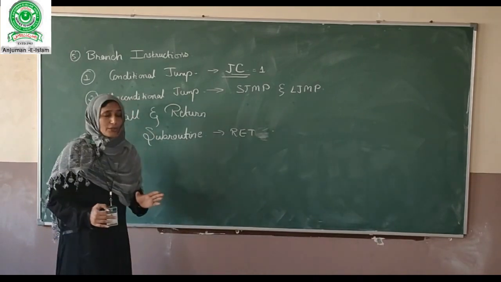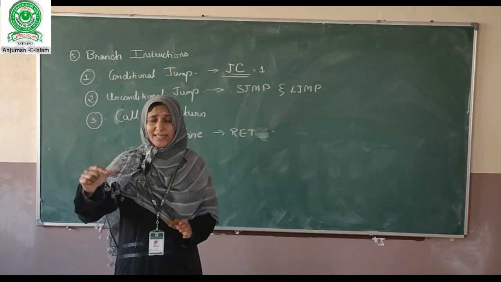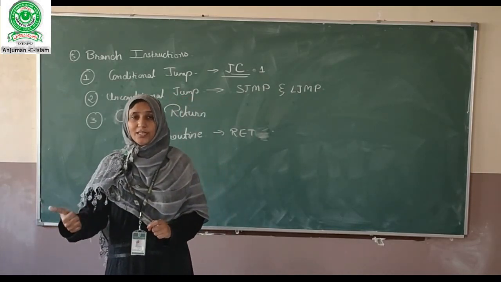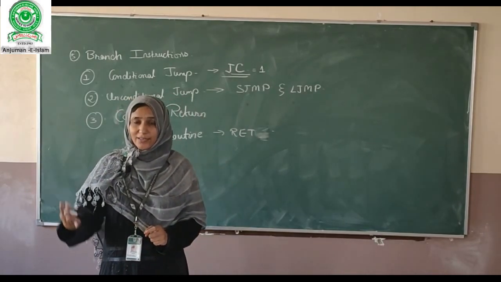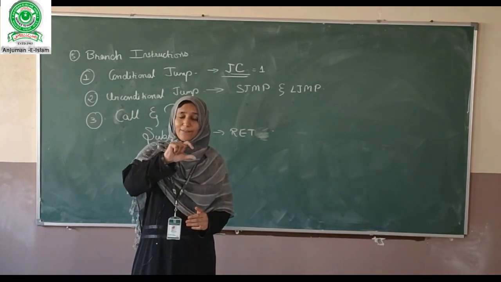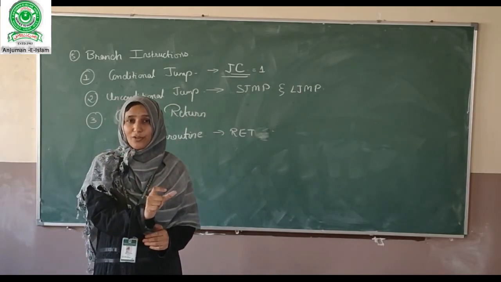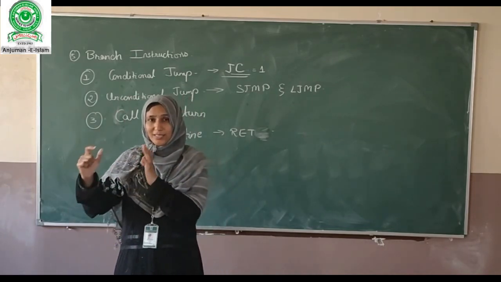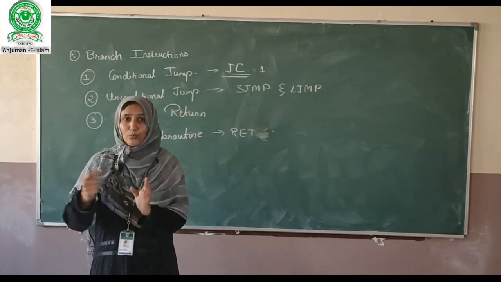As I told you, first write the heading: classification of instruction set. After that, write down all the 5 basic headings: data transfer instructions, arithmetic instructions, logical instructions, bit-oriented instructions, and the call and return instructions. After that, come back and write down the next side heading, the first one, data transfer instructions. Under this, what action is this going to perform? These instructions are going to transfer the data from the source to the destination. If you write so much, it is more than enough. The examiner will come to know what you want to say.